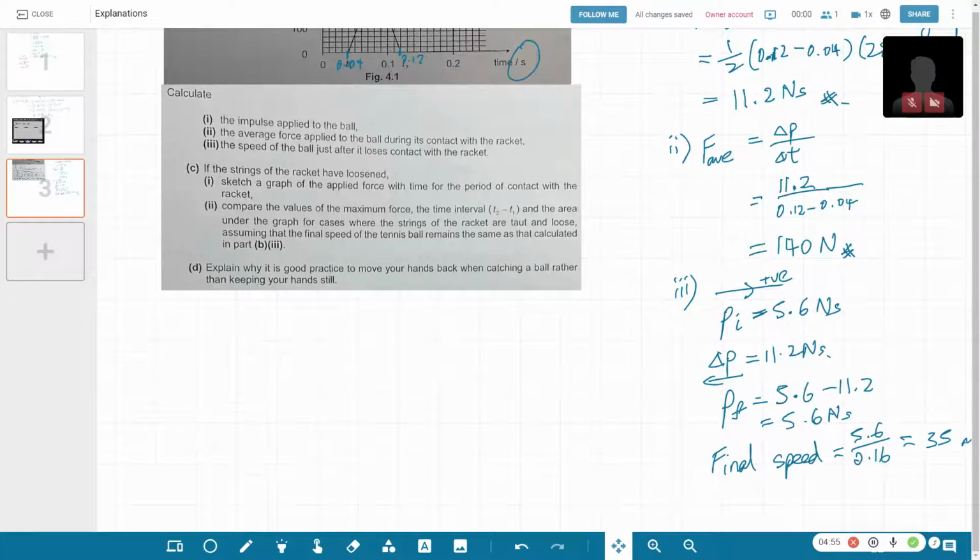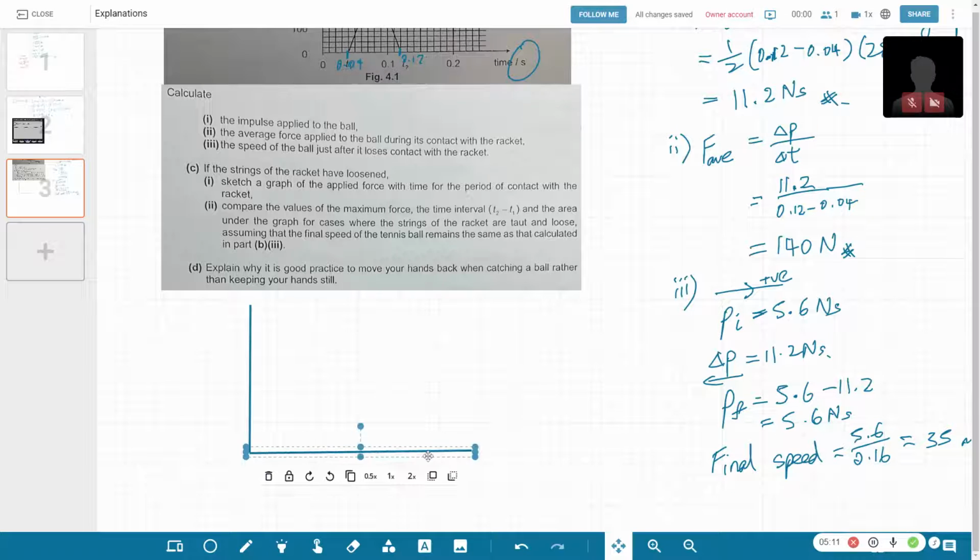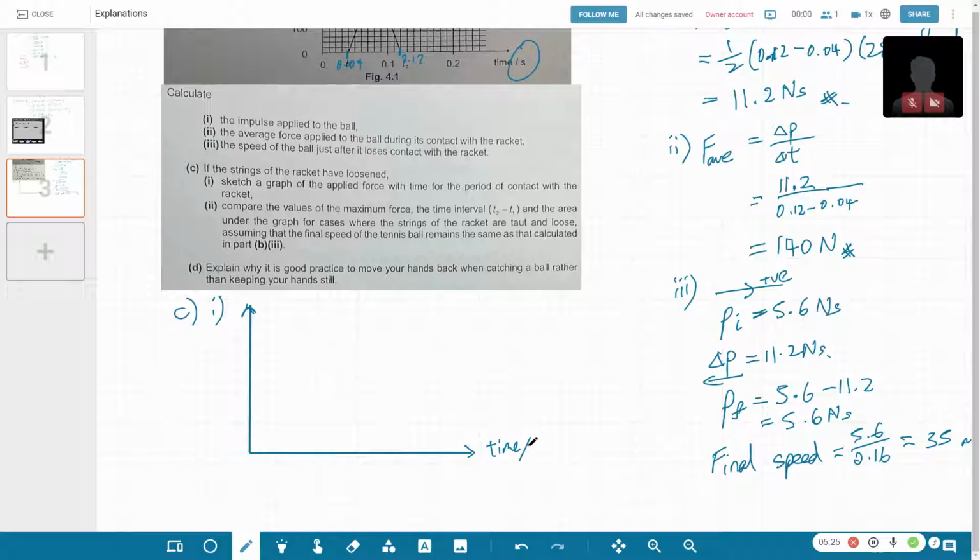So let's sketch the axes first. This is the time, and this is the force. Okay, so